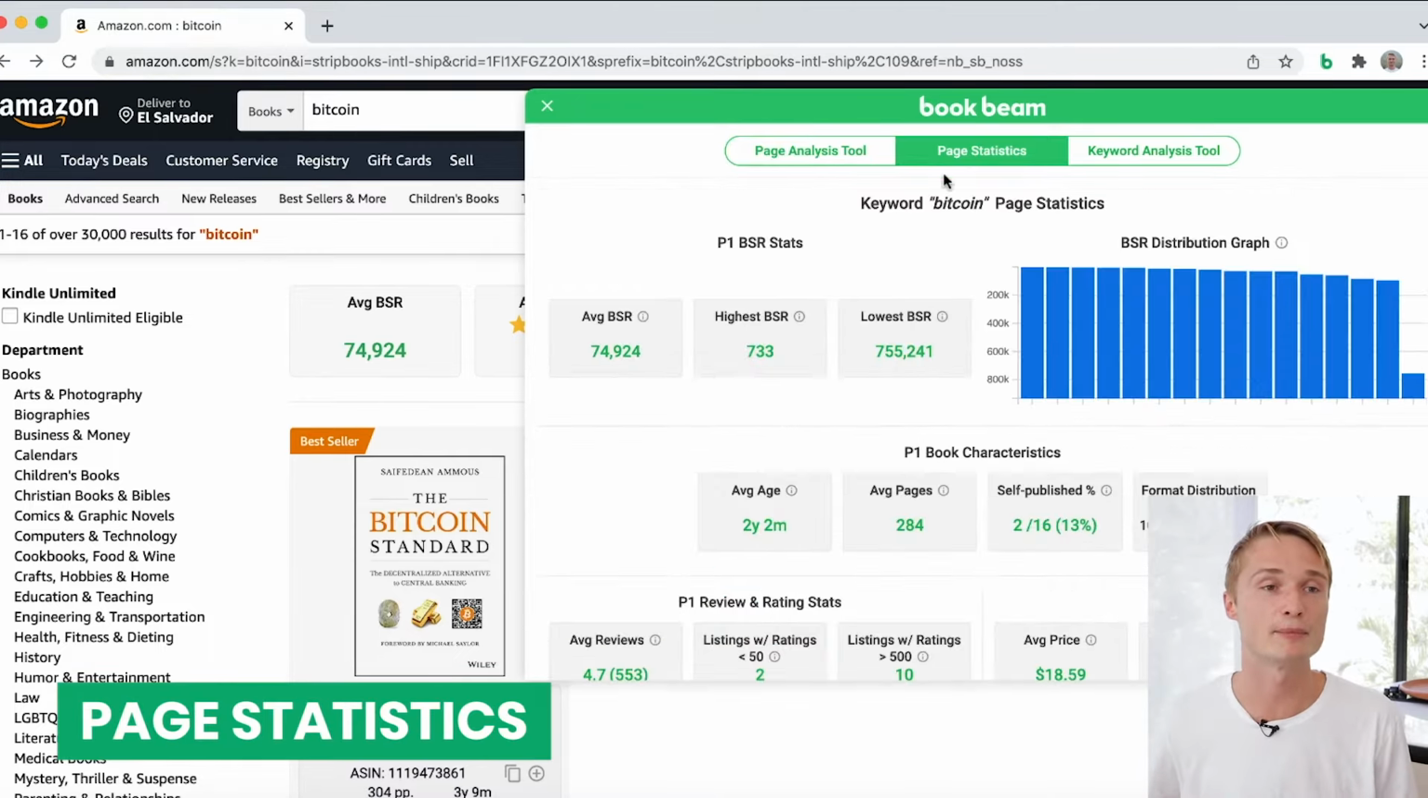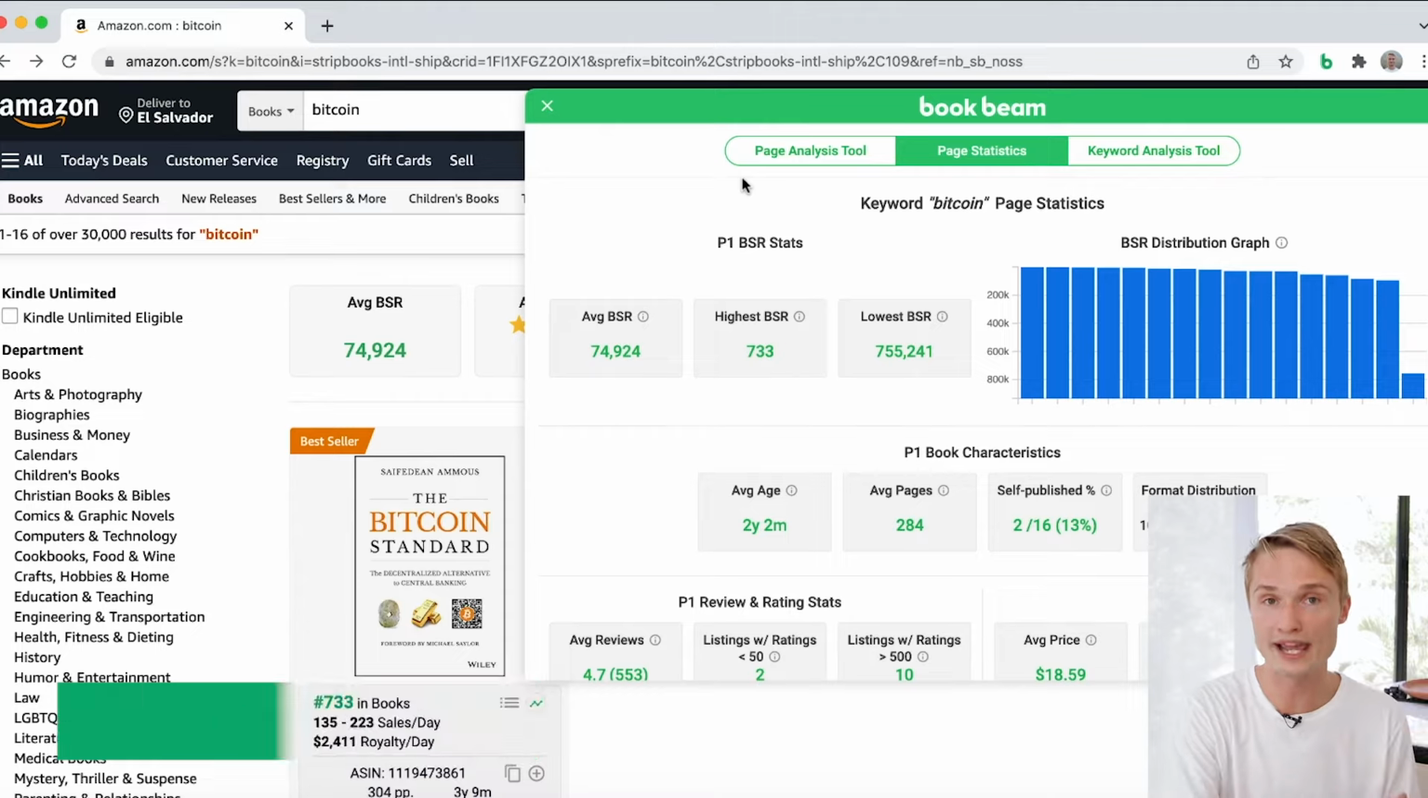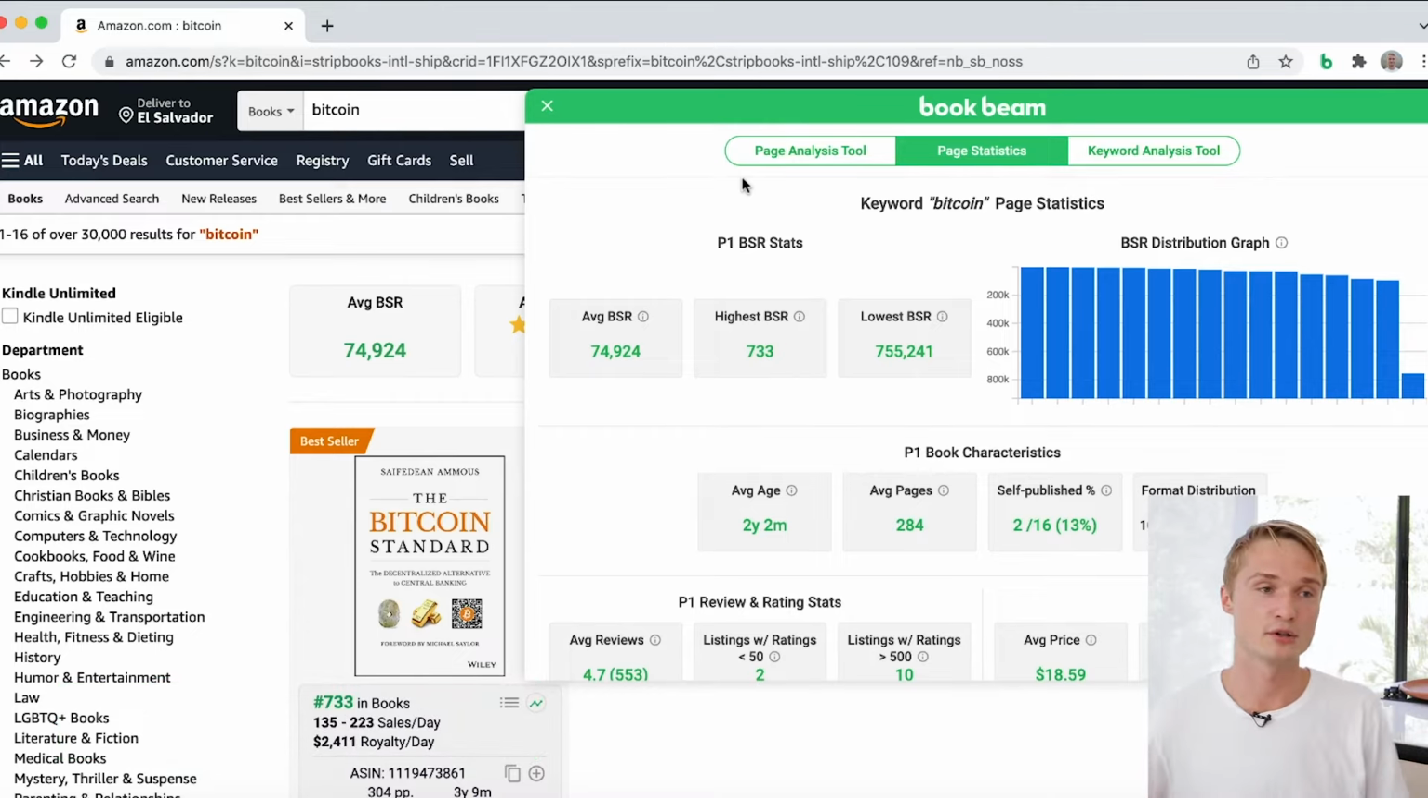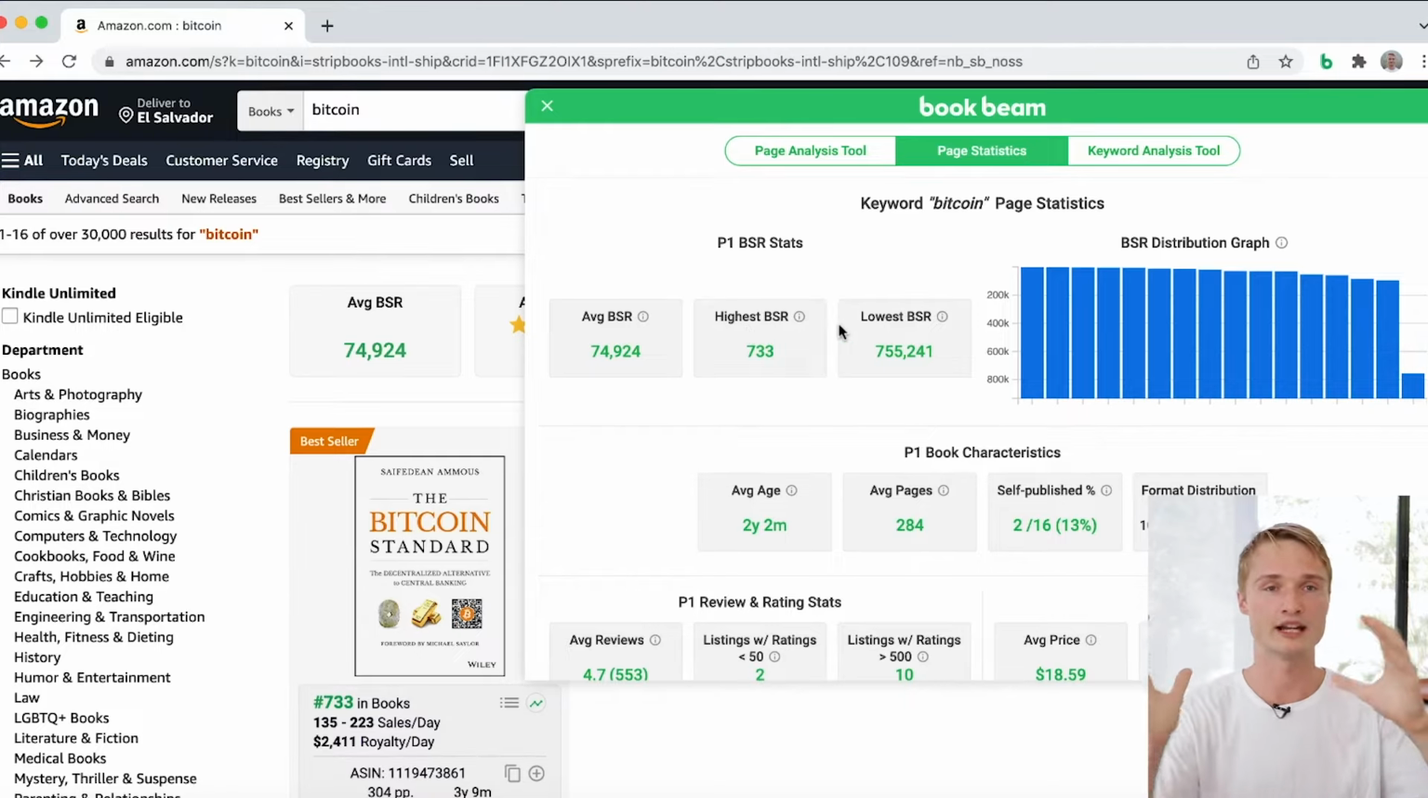Inside of this tab, you can see more advanced, more in-depth data about any given keyword page or category page. Here, for example, first and foremost, we're seeing the page 1 bestsellers rank statistics. We're seeing the average BSR. We're seeing the highest BSR as well as the lowest BSR. So you can get a better understanding of what the ranges of the BSRs are,